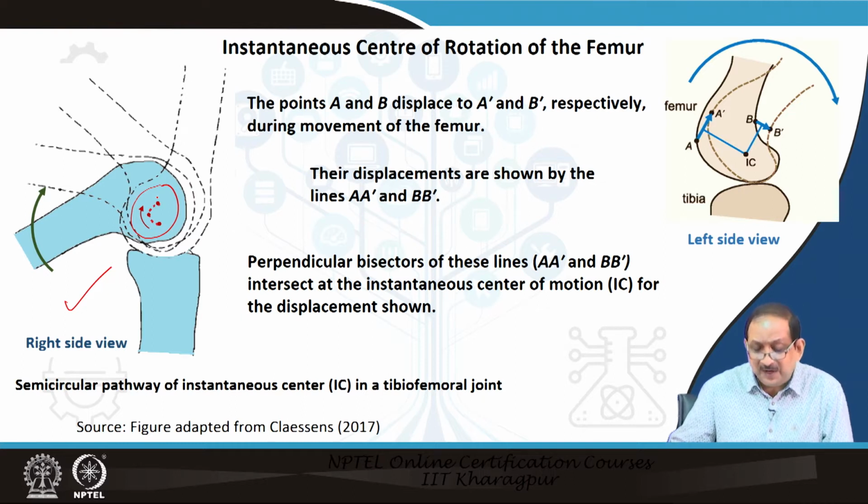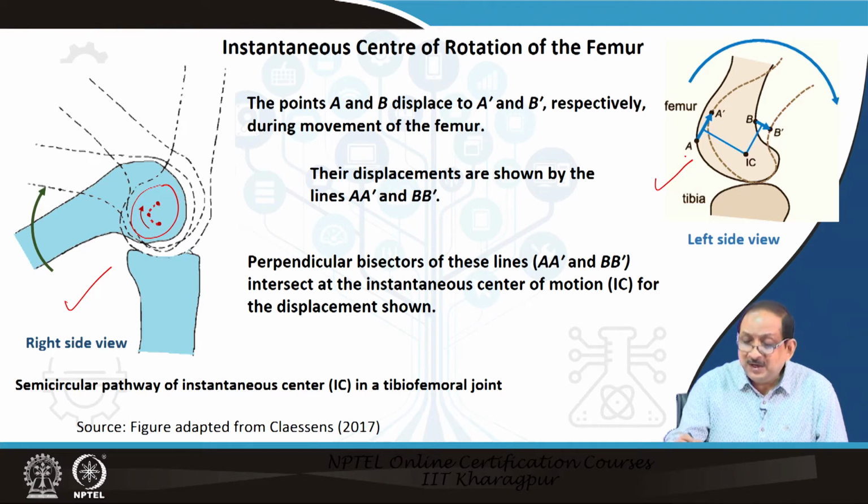Now, how to find out this instantaneous center of rotation? We will take the help of the other figure that is presented on the right hand side of the slide. So, this is a left side view of the femur and the tibia. The points A and B, as you can see here, are points on the femur. The femur is rotated through a small angle and these points are displaced from A to A dash and B to B dash